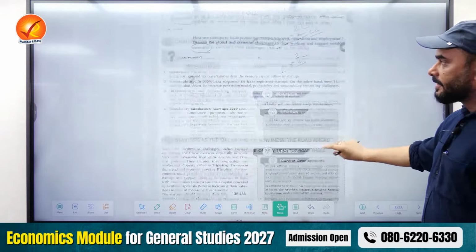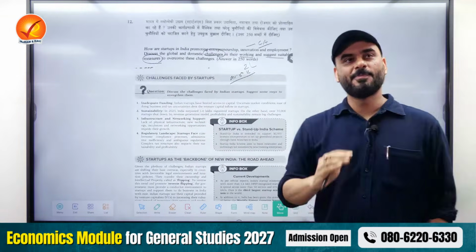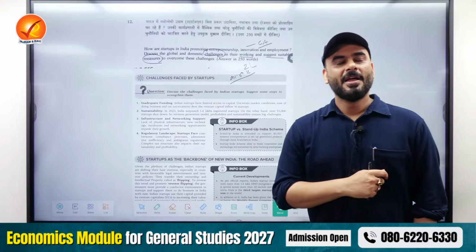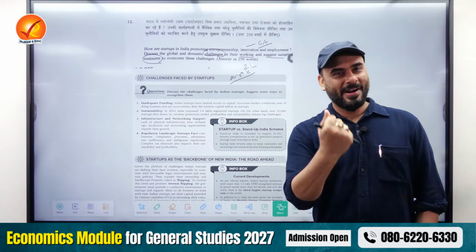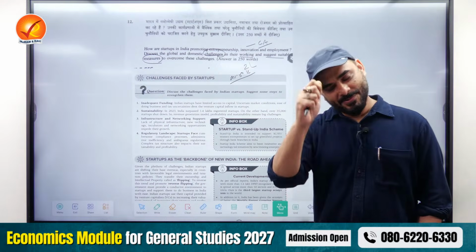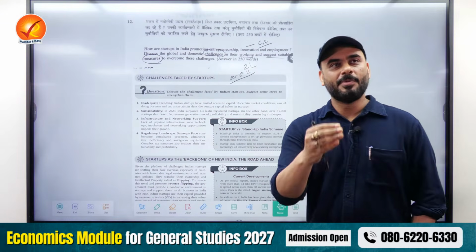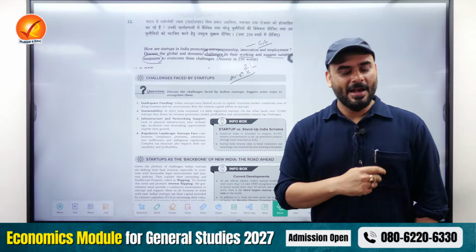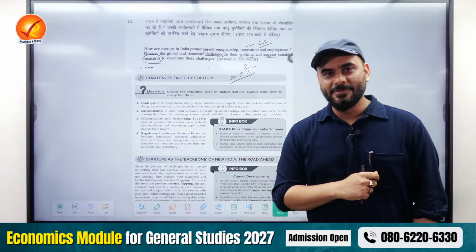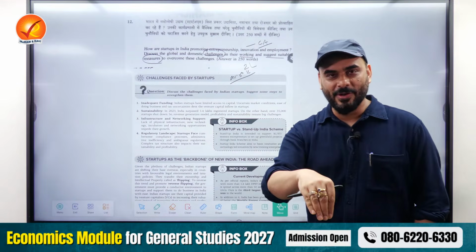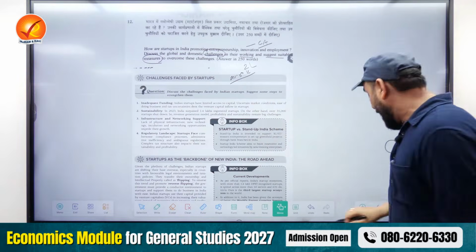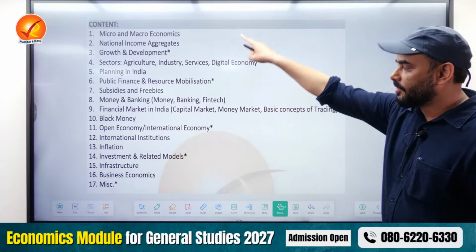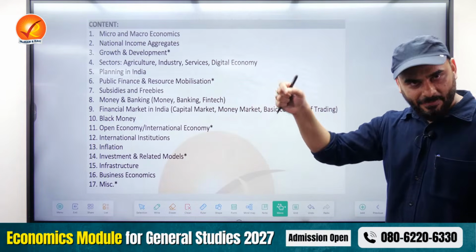Which means that if you keep your basics tight, and if you do not become lazy, and if you put your 100% in the subject, it is possible that we can prepare ourselves so well that when the exam comes and we are writing mains, we don't have to struggle in the examination hall, and a few things should always be there in the mind. This is one example. So that gives you confidence that it is possible that through these topics, you can definitely prepare for the exam.